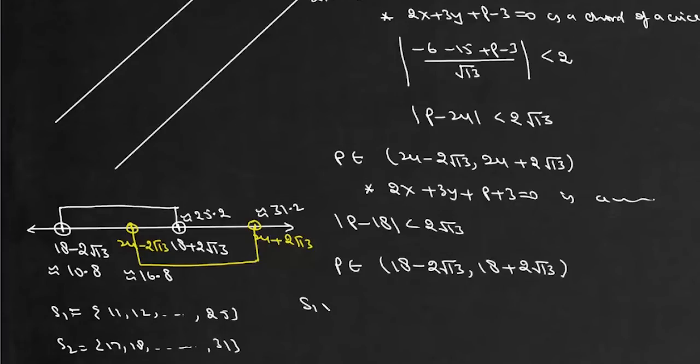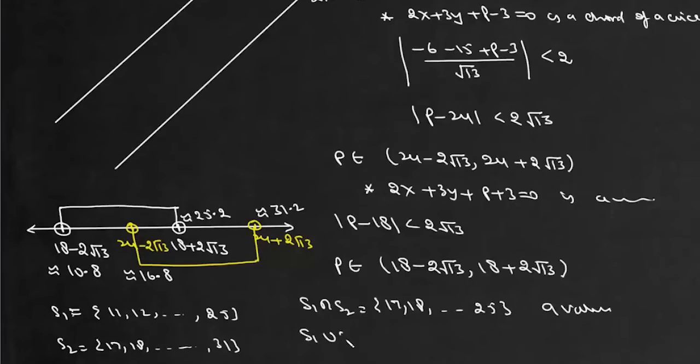Now the intersection of S1 and S2 is the values where both the lines are chords of the circle, and these values start from 17 up to 25. So there are 9 values,